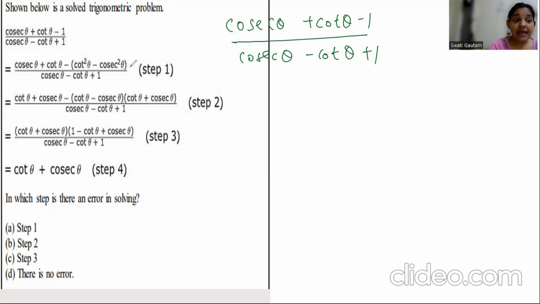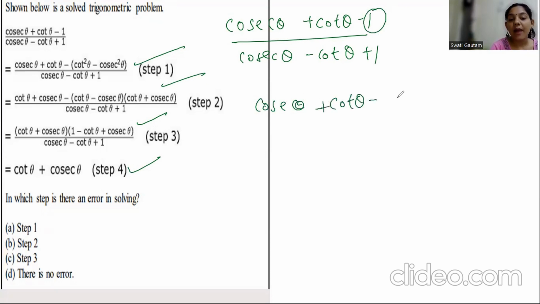Now they have given you step 1, step 2, step 3, step 4. They are asking which step is incorrect or whether there is a need for correction or not, right? So from the very first step, what they have done, they have written 1 as